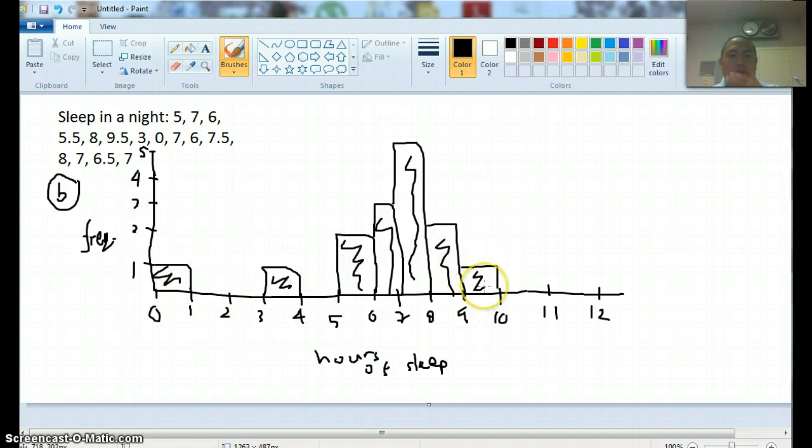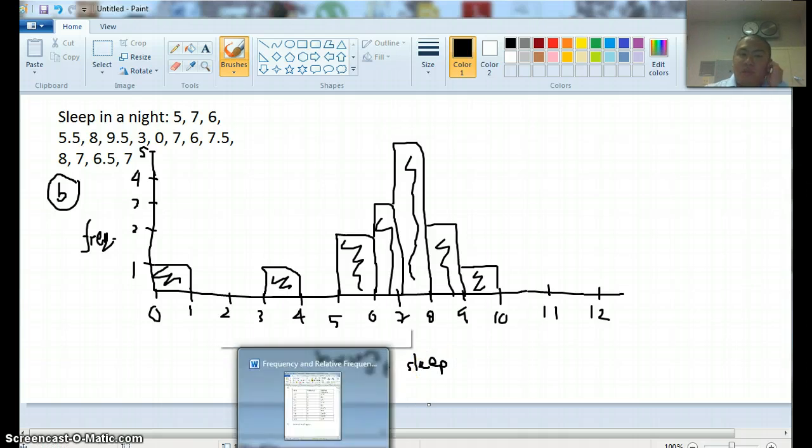Okay, so we've made a histogram here, and the interesting part is the histogram and relative frequency histogram really aren't